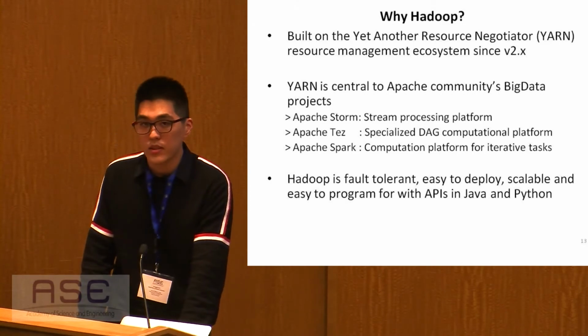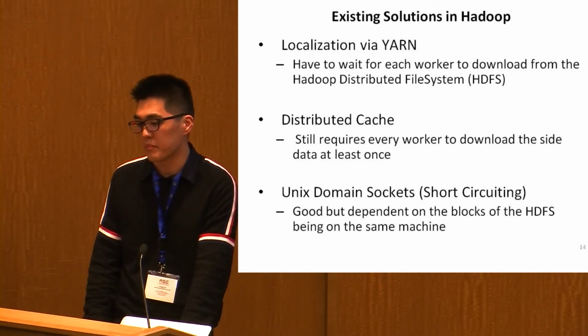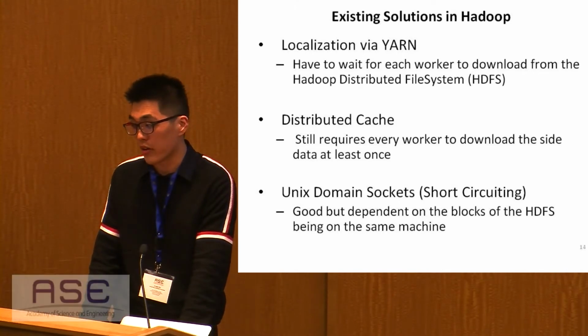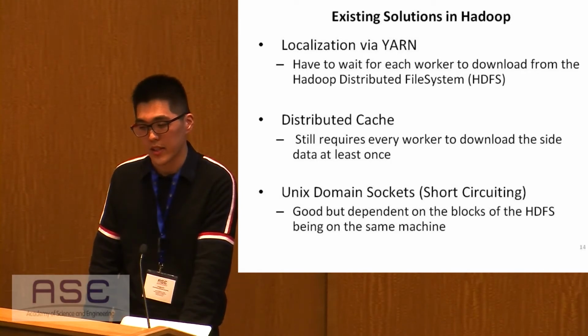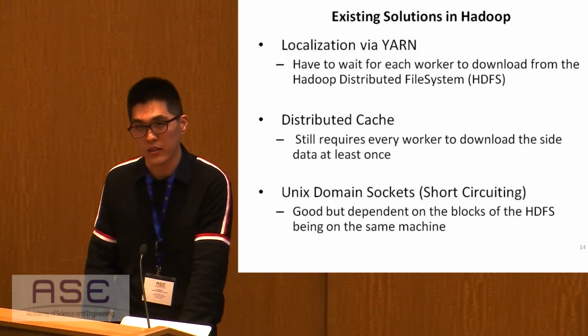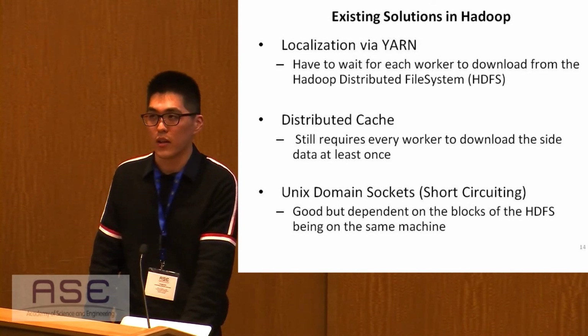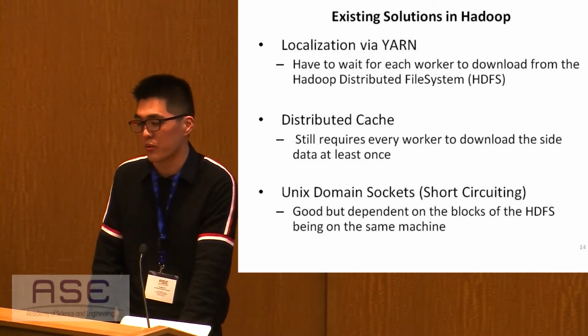So there are existing solutions in Hadoop for the side data problem, but they have problems. In a regular Hadoop cluster that runs just Yarn, each worker in a node will naturally have to bring down its side data from the HDFS by downloading. But the problem is that the side data has a cache timeout. So for very, very long tasks, which these tasks tend to be, the cache may be cleared after each job,